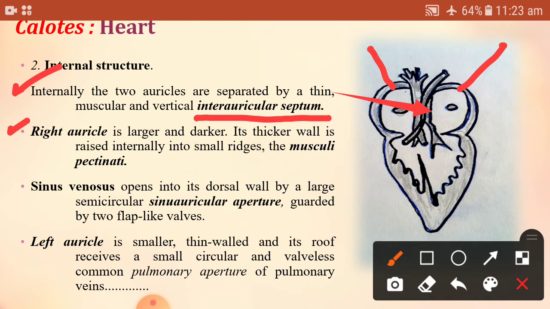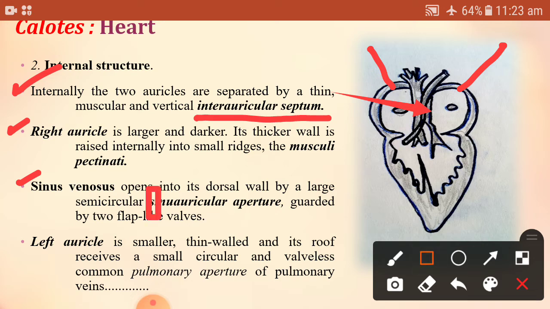Then the sinus venosus opens into this auricle. We can find an opening of the sinus venosus, which collects all the impure blood. Finally, the sinus venosus opens into the auricle by an opening, and that opening is called the